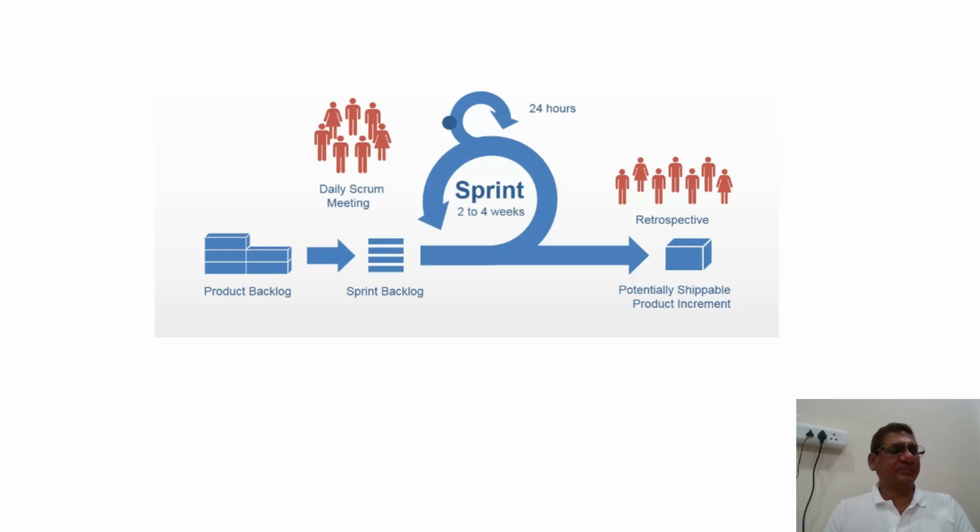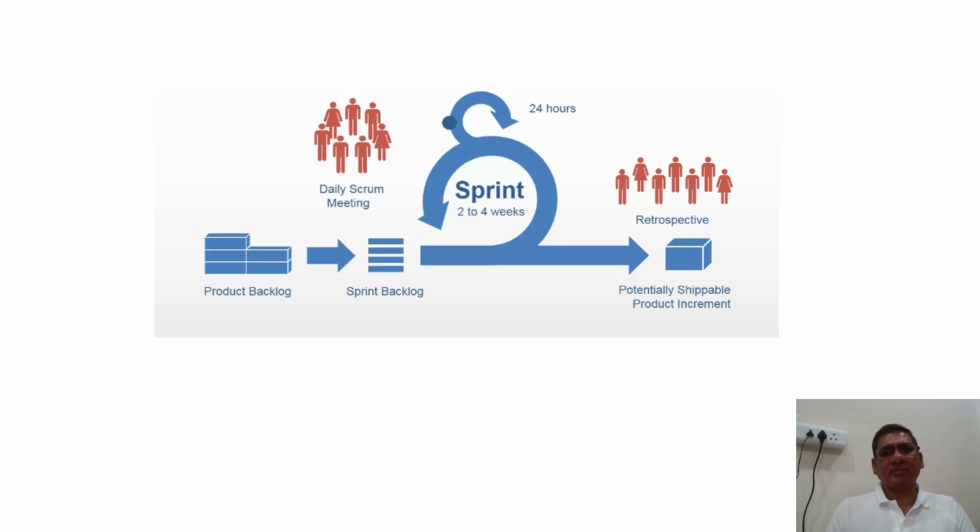Here we can see the sprint flow diagram. For each and every sprint, they pick the backlogs from the product backlog. Once they pick the backlogs from the product backlog, they start a 2 weeks or 4 weeks sprint. Once the sprint has started,